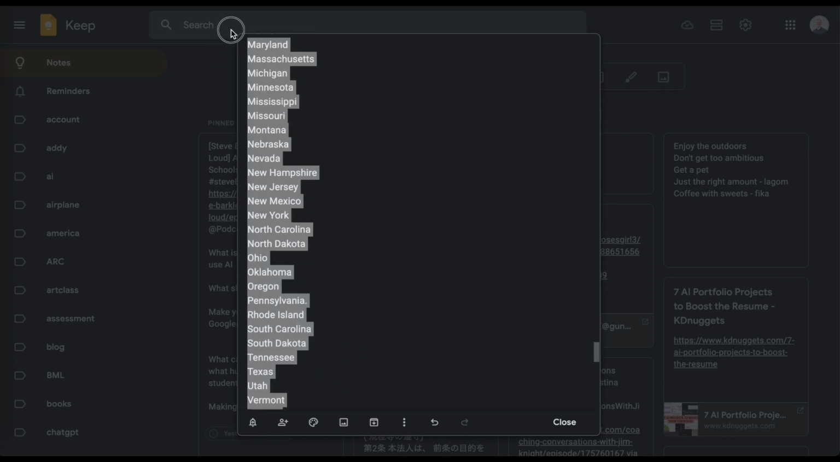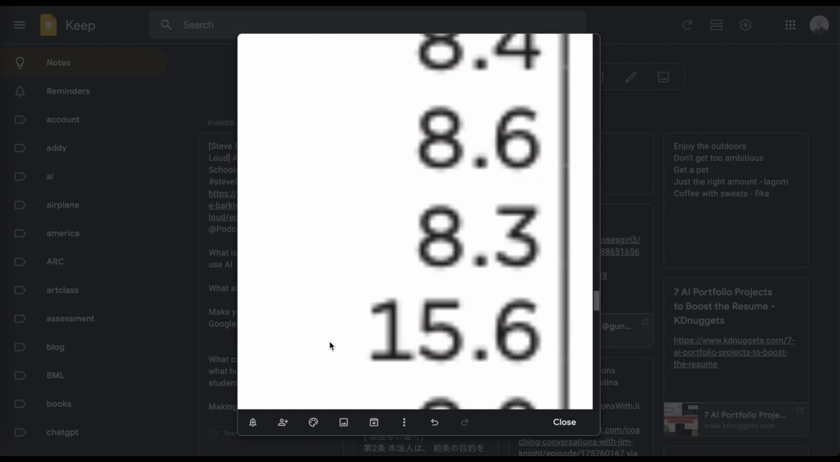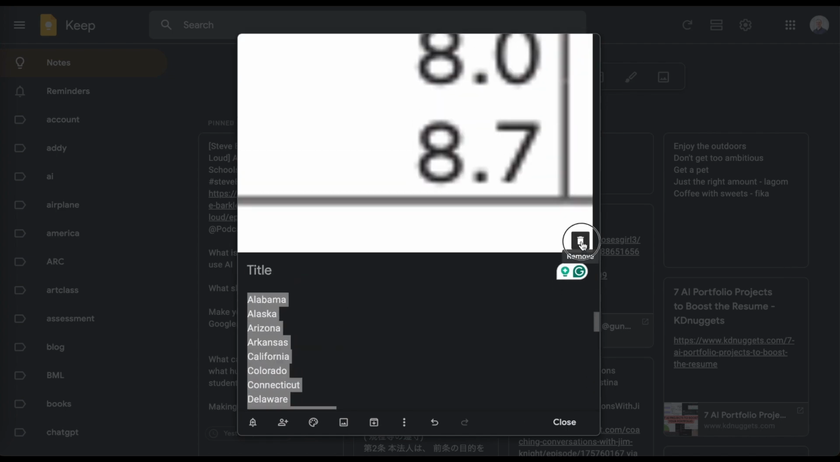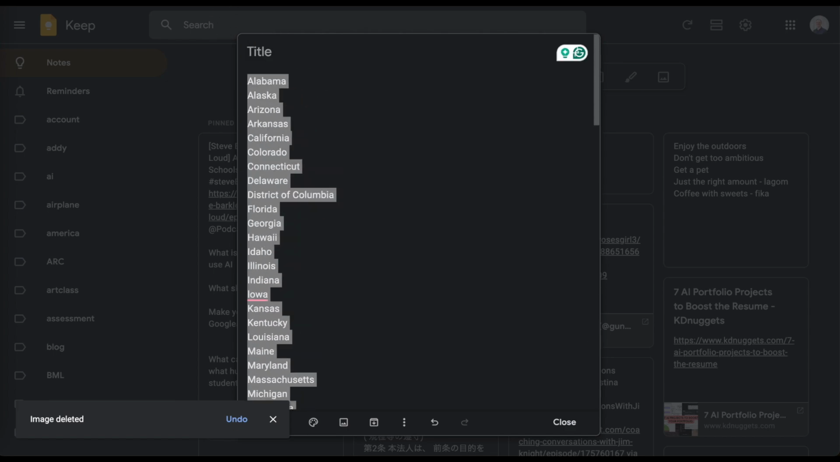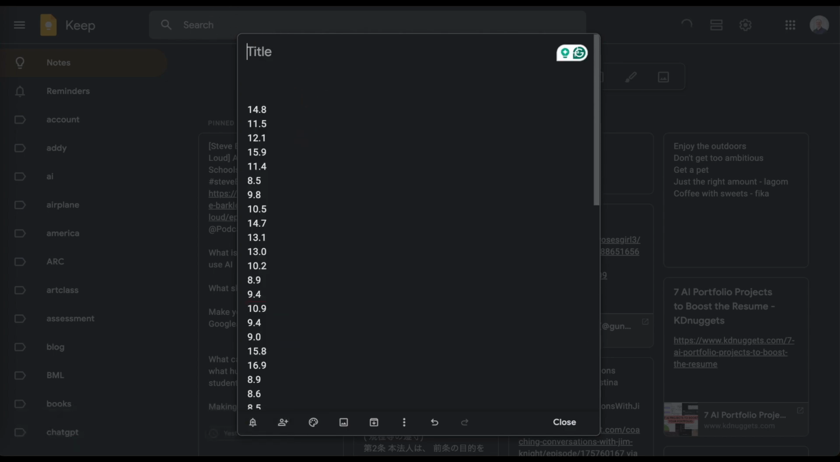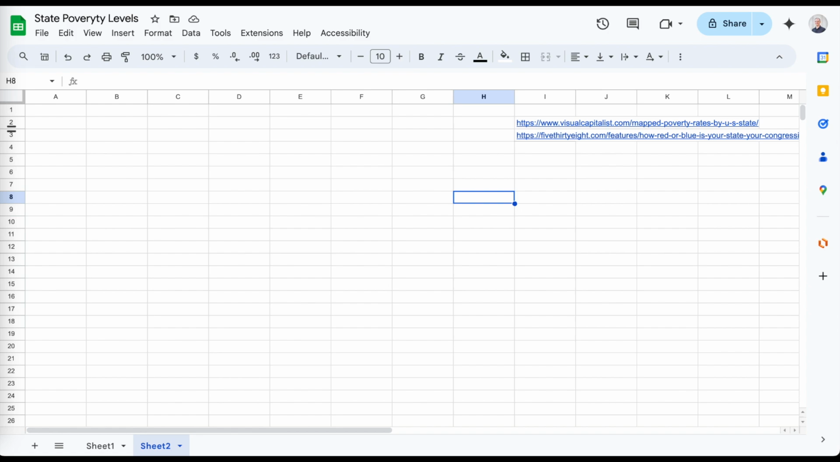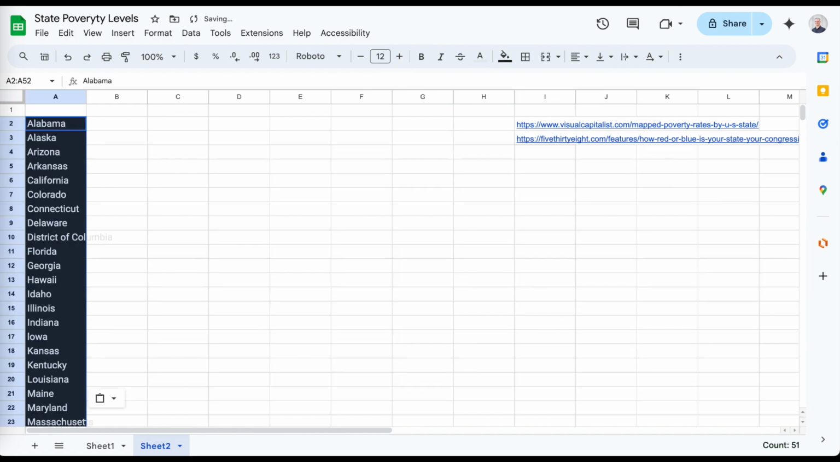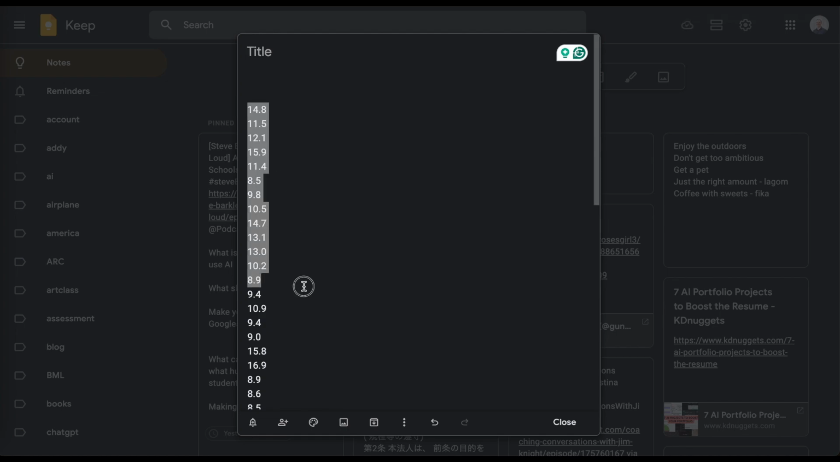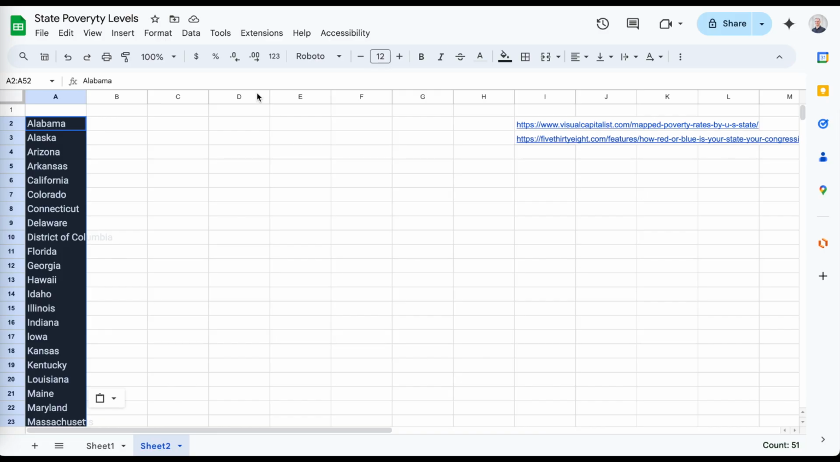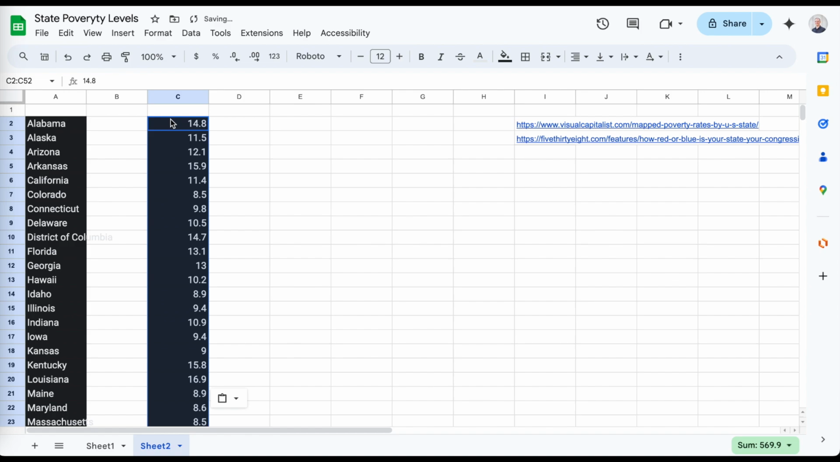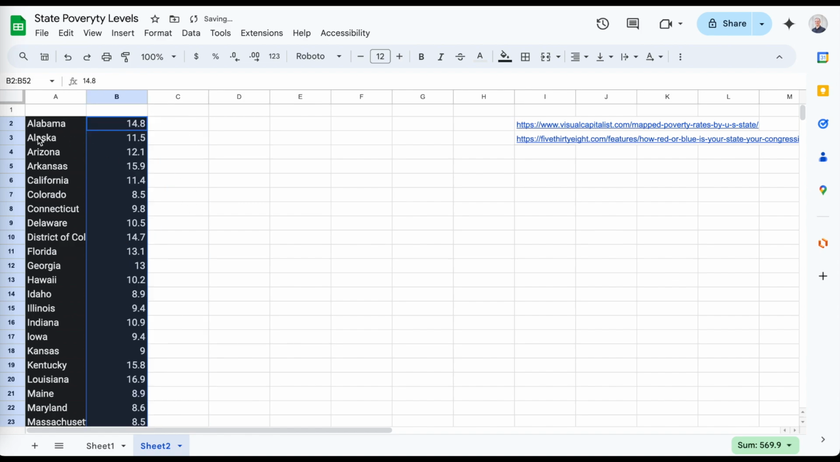Okay, now I can copy and paste this into my Excel file. And I'm not going to worry about the formatting yet. Let's just get these in. Okay, now